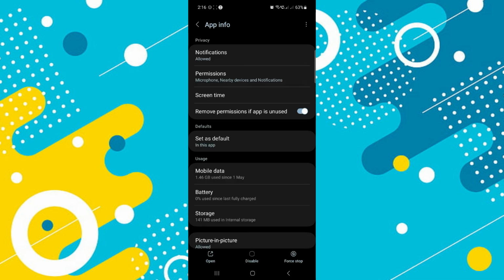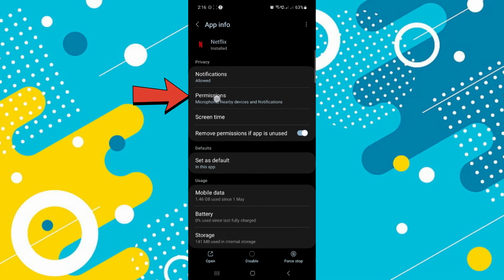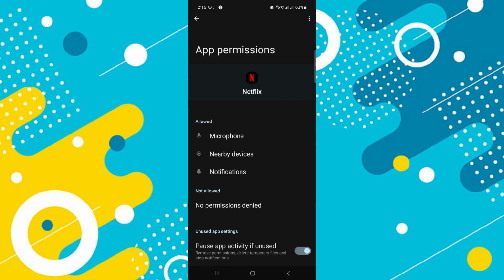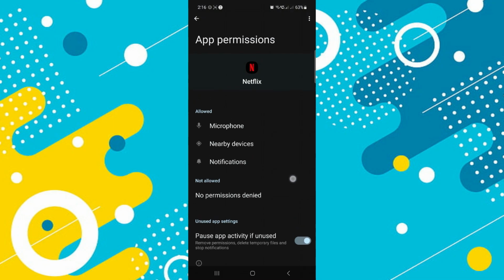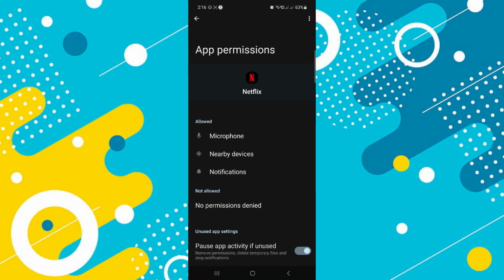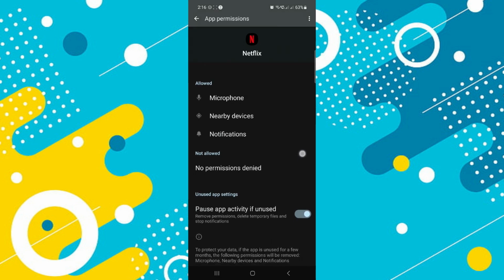After going back, you have the option of permissions. After that, you go to the option of permission. You have to check whether all the permission has been provided to Netflix or not. You have to check whether the phone permission, whether the microphone permission, and whether the nearby devices permission has been allowed or not. If not, you have to tap on that and you have to go and allow the permission